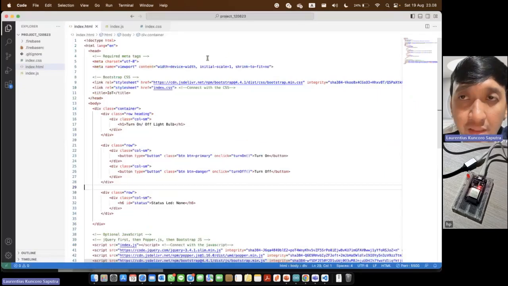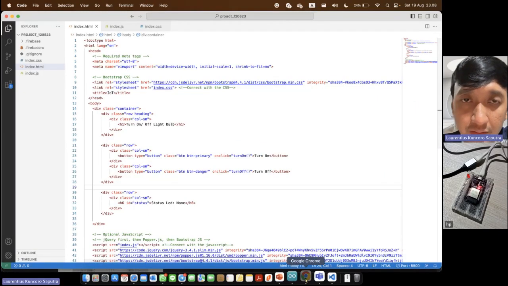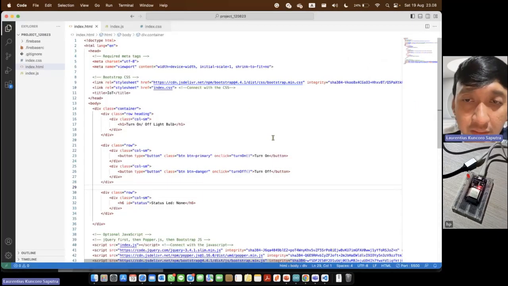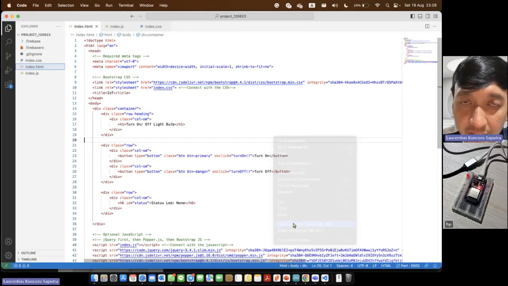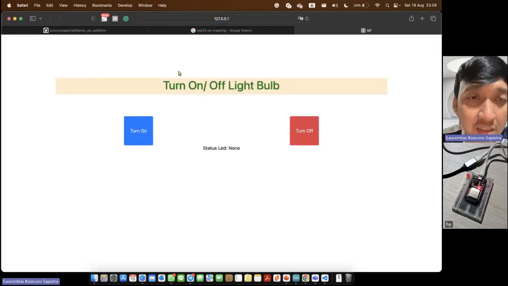Sorry, I will start again. Open the live server. Maybe the color and the size of this button are different. Yeah, it's different because we have not yet made or written the CSS file.